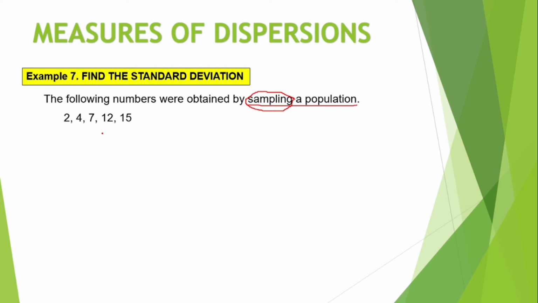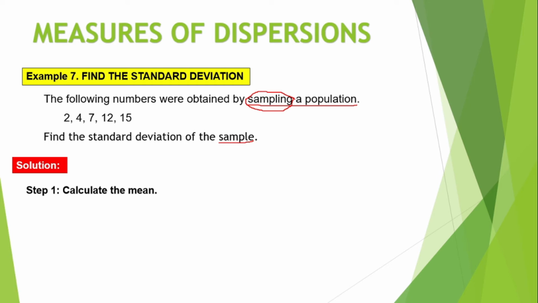So, we have the numbers 2, 4, 7, 12, and 15. Find the standard deviation of the sample. In the given, it is also stated whether it is a sample or a population. So, we have here the solution. Step 1, calculate the mean. In getting the mean, we just add the given numbers and divide it by how many numbers we added. Since 1, 2, 3, 4, 5, there are 5 numbers or 5 sets of data,